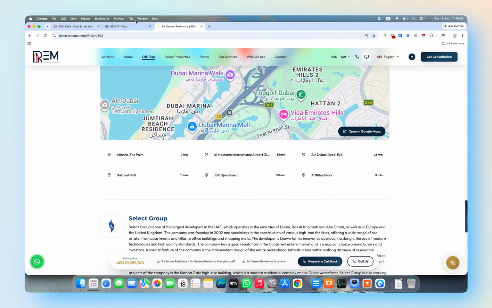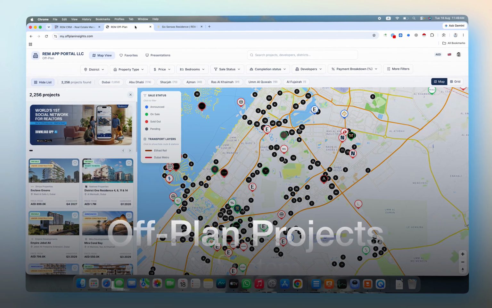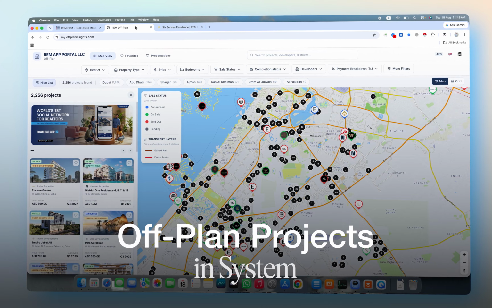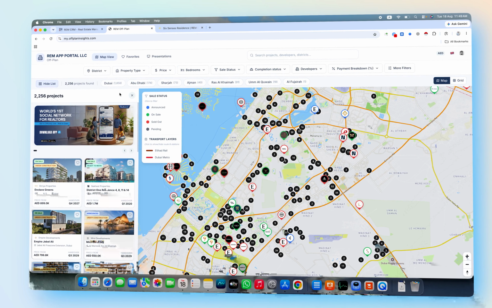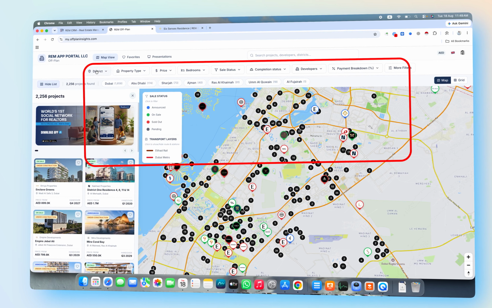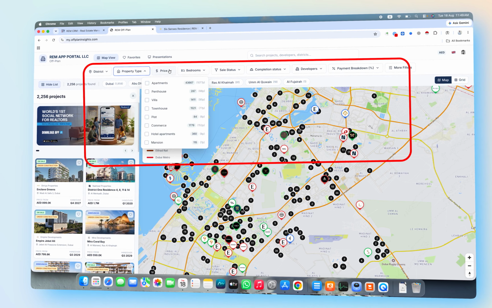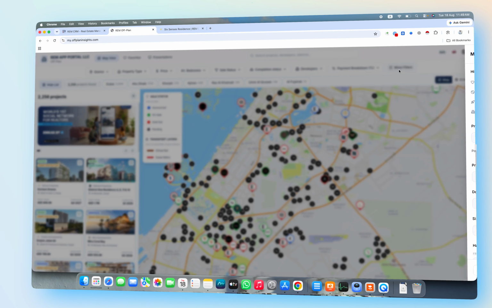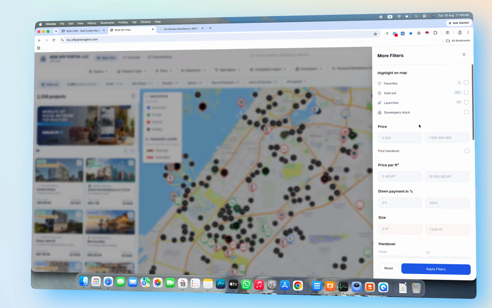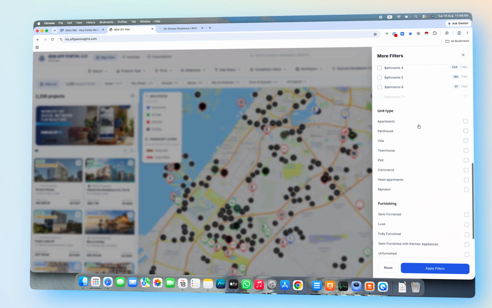And other amendments you can also do that. Let's talk about the off plans. So now here you can see 2200 plus off-plan projects we have, and you and your team can search with multiple filters. You can see district, property type, price, bed, sales status, even the completion date, with the developer name, breakdown, payment breakdown. We have covered all the major developers, and you can see further filters as well, even the